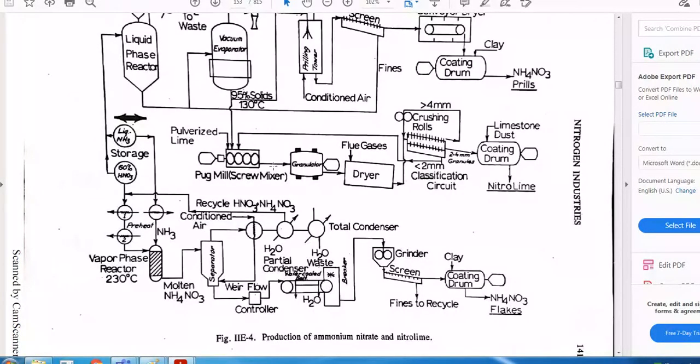So basically, this line is important for us to design this process. This line is the outlet. This is the product. So the consumer or the design engineer will dictate the percentage in this: 70% of ammonium nitrate and 25% of lime, and the remaining 5 are the inerts. Whatever, take some example. Third component I am introducing. It is not there here, but I am introducing. So based on that, we will fix the flow rates.